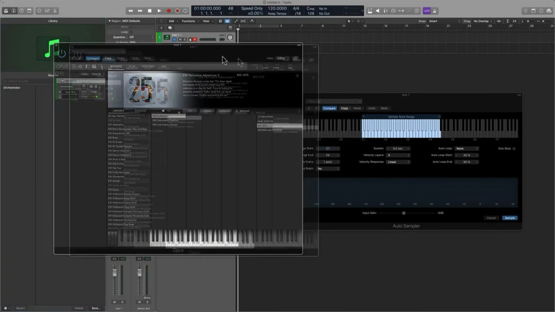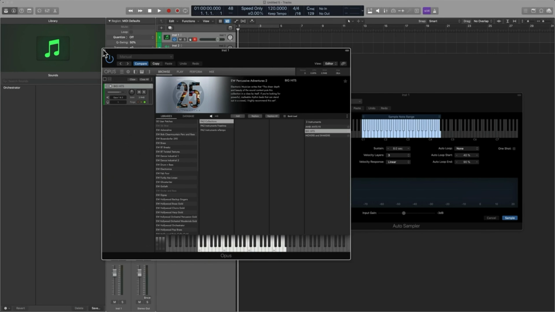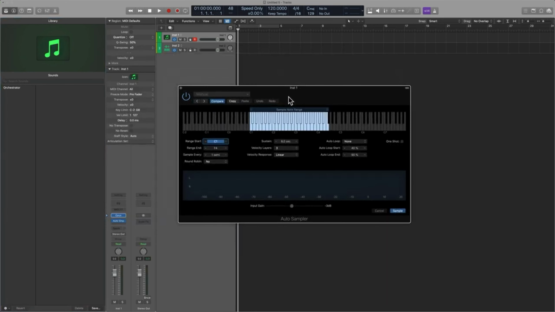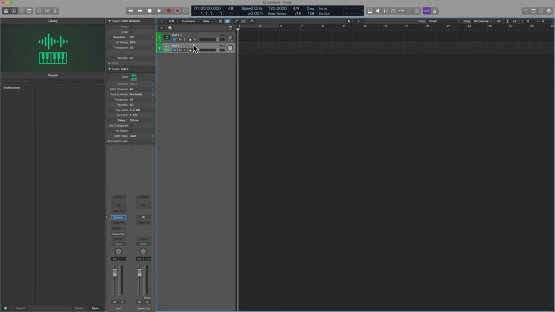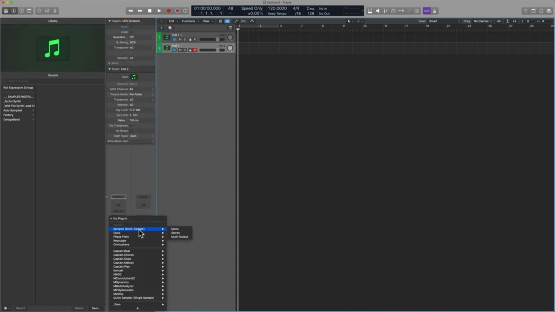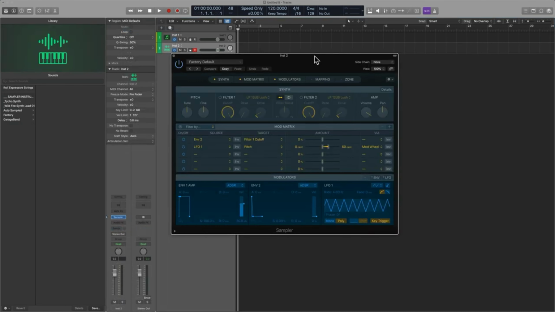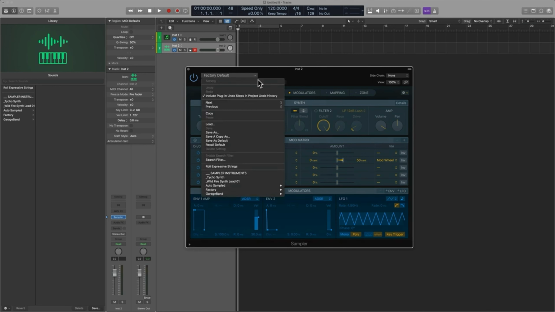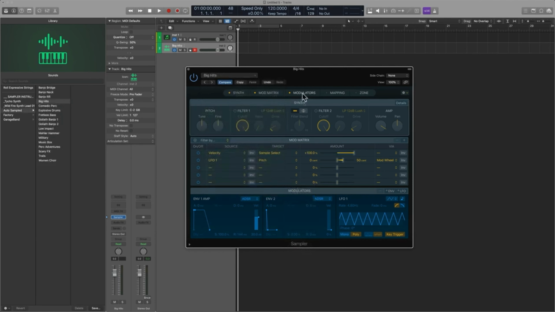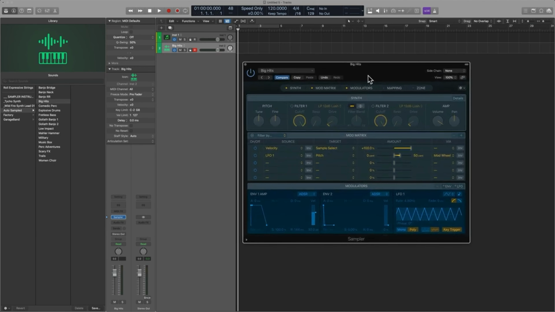All right, so here we are. I'm going to put away Opus. We'll bring up Auto Sampler. Looks like everything was done accordingly. And so now the only thing left to do is to open up a new software instrument and to simply instantiate Sampler. Once you do that, click on the down arrow menu here and then go down to Auto Sampled and look for the category. I called this big hits. And now when I play this,